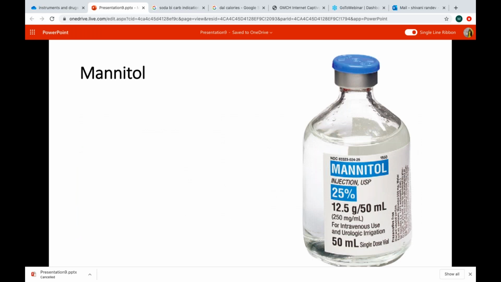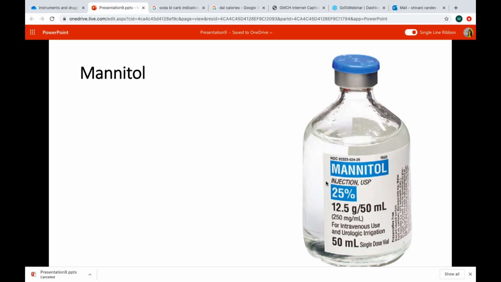Then there are several drugs. All of them you have studied under different indications, under different diseases, and you will be shown bottles of these drugs, vials and ampoules of these drugs, and you may be asked about their indications. Like tell us 2 indications, 1 contraindication, side effect. So you should know about the commonly used drugs, especially the emergency drugs.